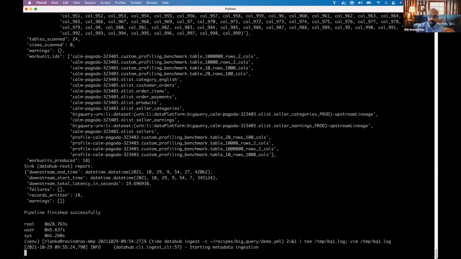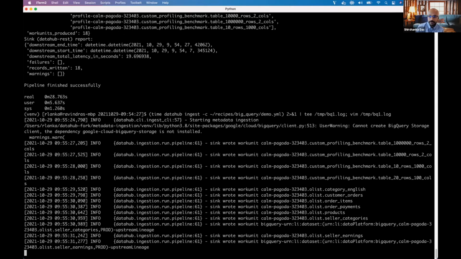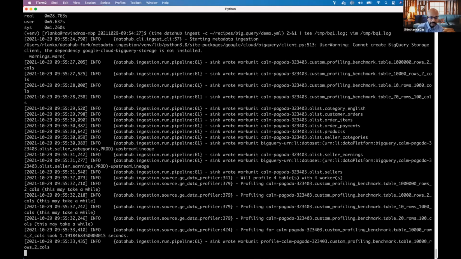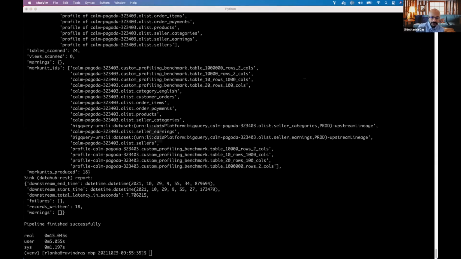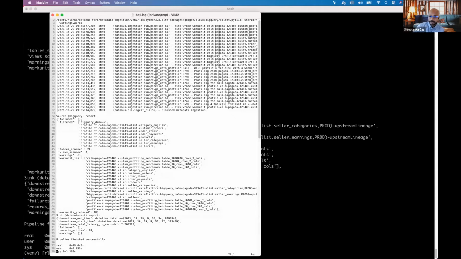Cool. And for people who are looking forward to using this, this is available in 0.8.16.2 today. You can try it out on your data stores today. And I guess this is supported for any source, not just BigQuery, correct? Yeah. Now if you see, it only takes about 15 seconds to profile all tables if you just want things at table level. What you get is the number of rows and columns.